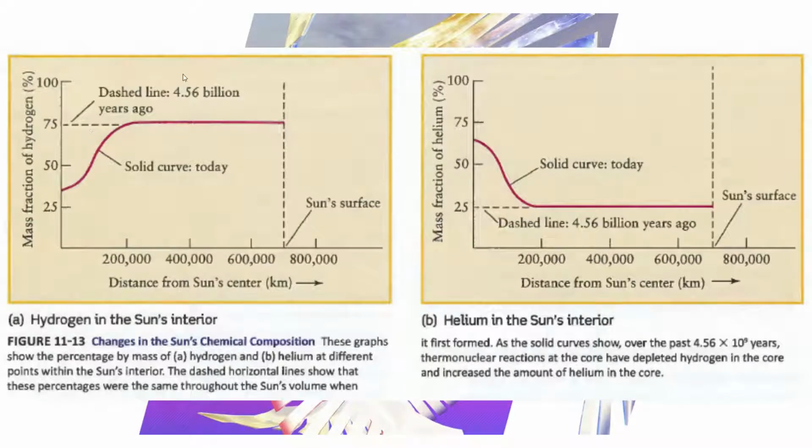So our sun is estimated to be about 4.56 billion years old. 4.56 billion years ago, the interior of the sun was 75% hydrogen. That's what this line represents. But today we estimate that the center of our sun is somewhere between 25 and 50% hydrogen. And then the outer layers right here from 200,000 kilometers on is still pretty much 75% hydrogen. So it started out with the entire mass of the sun being 75% hydrogen, but now we see the inner layers are not as much. And the opposite is true